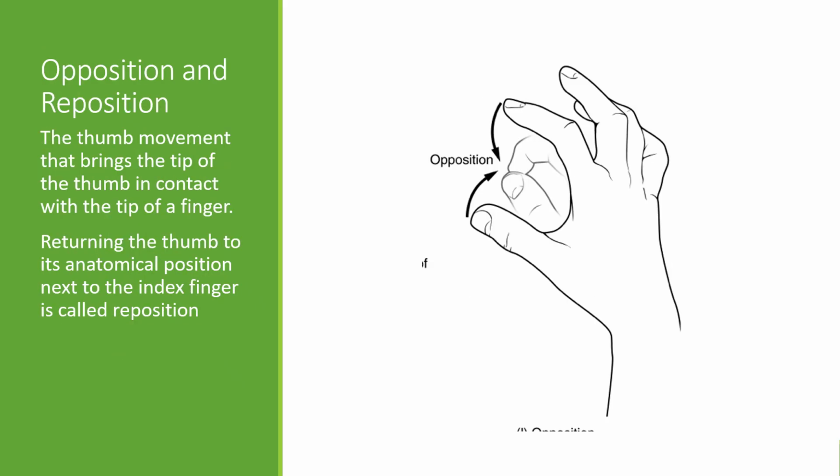Opposition and reposition. Told you we would talk about that opposable thumb. Again, here we are. The thumb movement that brings the tip of the thumb to the tip of your finger. All right. That is going to be opposition. Reposition is when you put them back in their normal place. So this is what makes you and I unique as primates, is this opposable thumb, because this allows us to use